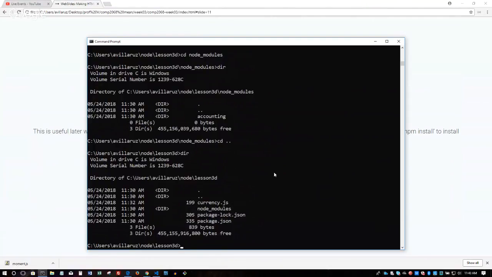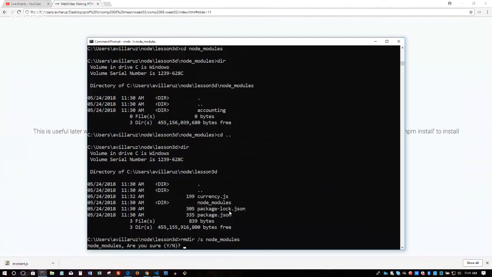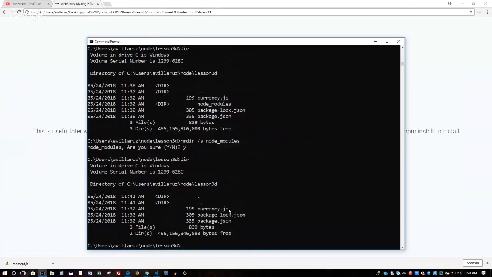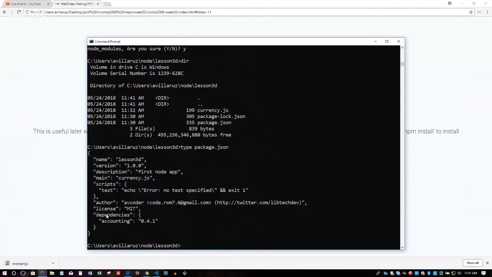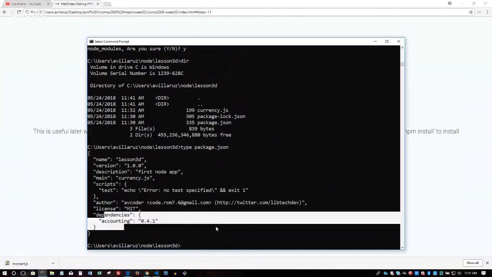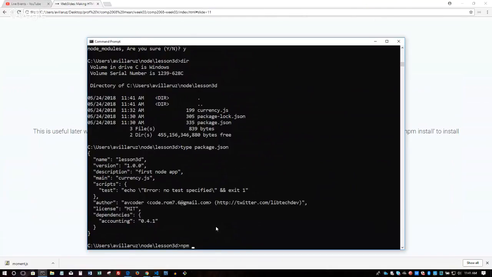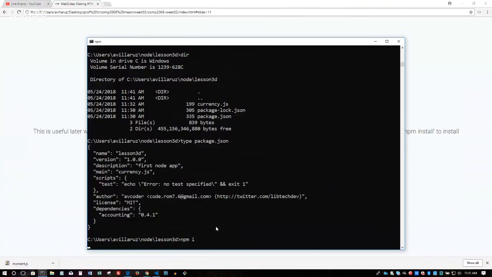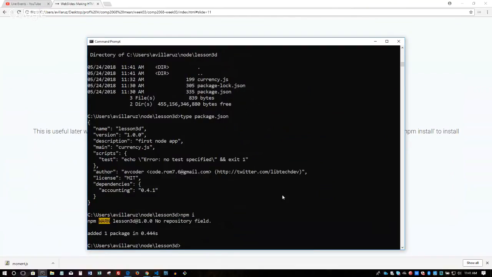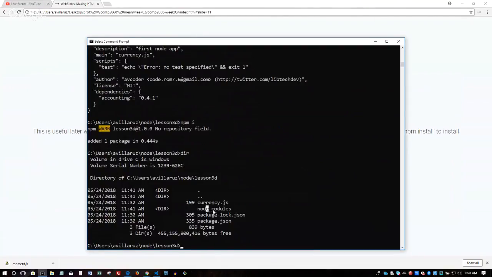So what most people do is they don't transfer the node_modules folder at all. So let me do this. I'm just going to do this command to delete my node_modules folder. But here's the magic. Because I have the package.json file, which again, let's just look at that file, because it keeps track of all my dependencies, here's the magic. If I just say npm install, enter, it goes through all my dependencies and installs it right away. So now I'm back to square one.